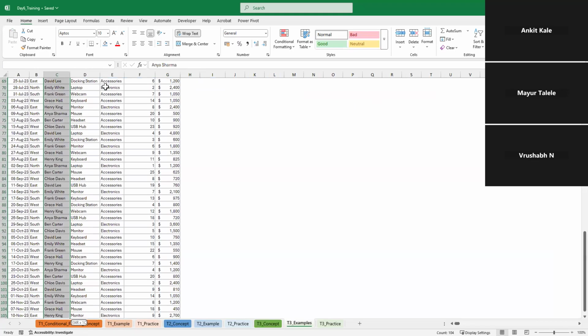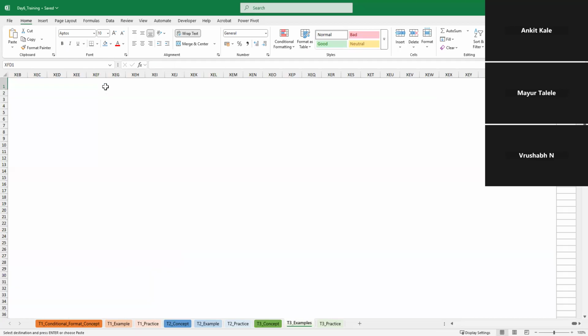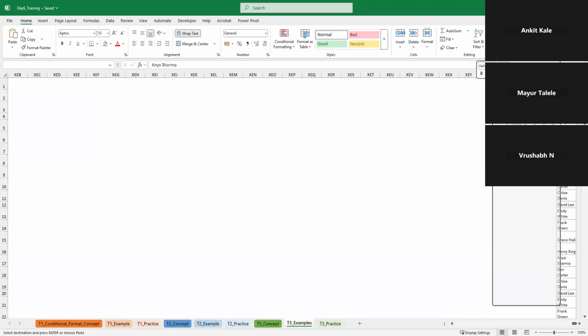Okay. So what we will do is we'll simply copy this list, go to the extreme end of the spreadsheet, and then paste it. Okay. So let us paste this. Now you can see over here also there is one entry multiple times. So now what I will do is